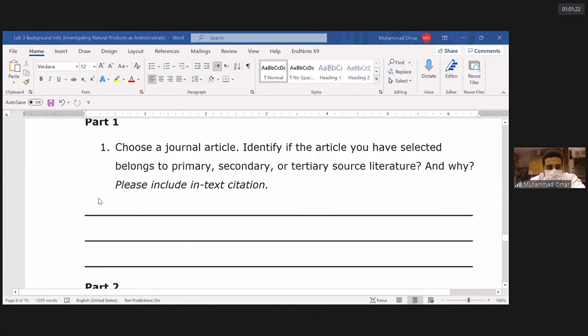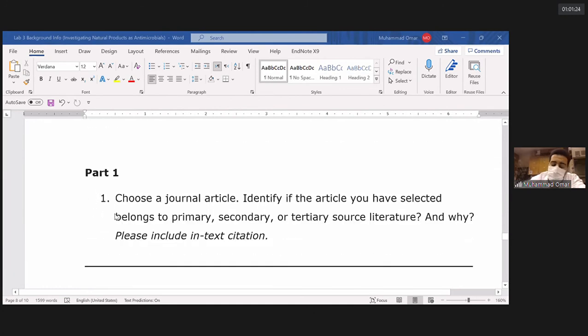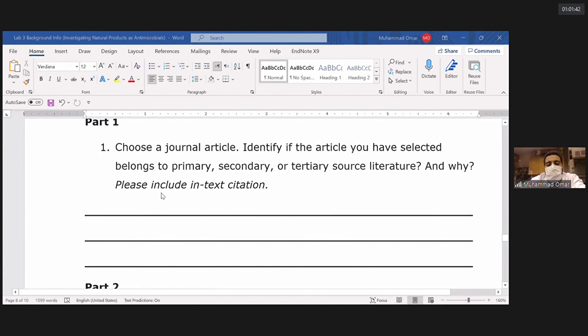So here is part one, with some questions. Choose a journal article. Identify whether the article you have selected belongs to a primary, secondary, or tertiary source of literature, and why. Please include an in-text citation. In-text citation means,